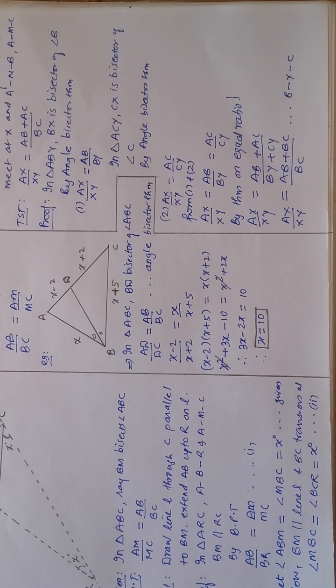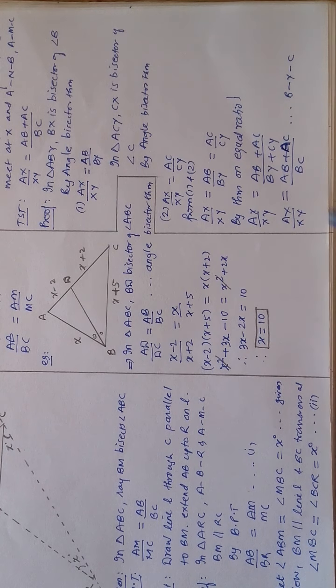Now if the question has the given values of AB, BC and AC, see, while writing I made a mistake, okay, this is AC. If it has the given values of AB, BC and AC, then you can get the ratio of AX is to XY. Just add them and put it.